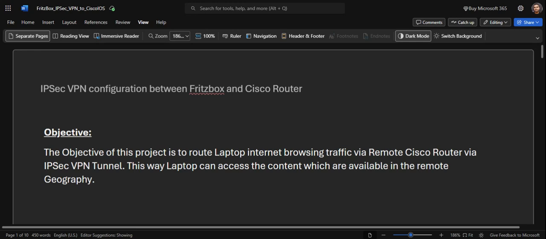I am a network engineer by trade. I would like to use this opportunity to share my knowledge. Recently, I have successfully implemented this project. The objective of this project, I have